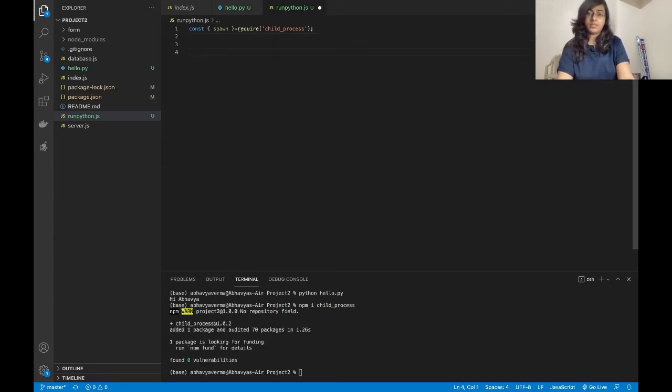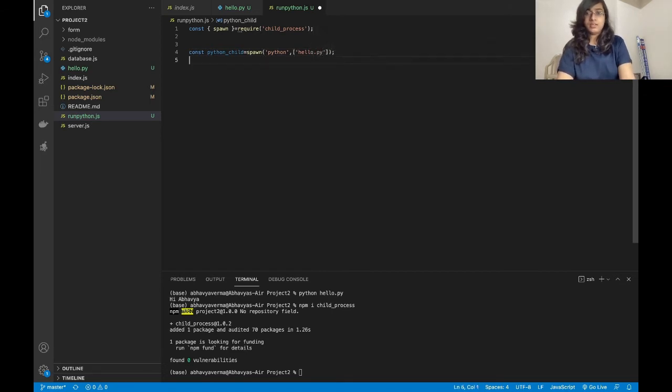Now I want to execute my hello.py file, so I will give a variable, something like pythonChild. The first argument is the command. If I give python version here, it will print out the version. Give a comma, and here are the file name and all the arguments. First is the file name and then come the arguments. So right now it is just hello.py. Then we will try out with the arguments.